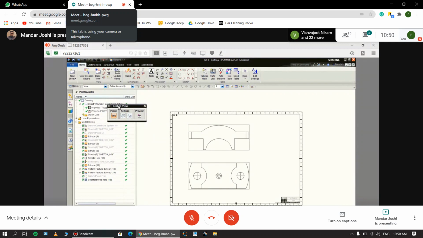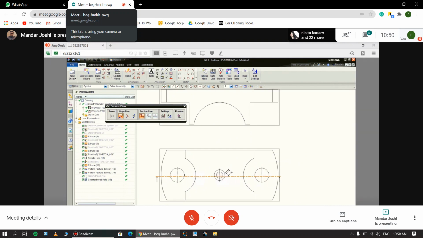Okay, so now I'm taking here sectional view. First you take the view where you want to create the section, that I want to take here. Here you want to cut the line, so I'm taking this view, top view, and then you take here the sectional line. So automatically snapping will generate, or if it is not generated, just turn on the snapping button here, just click on this all.